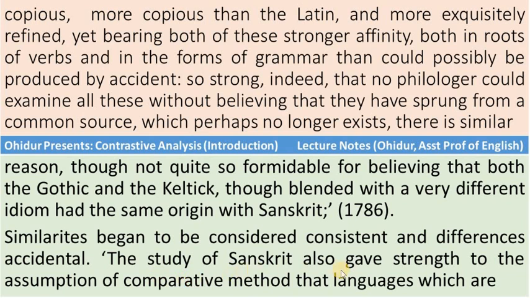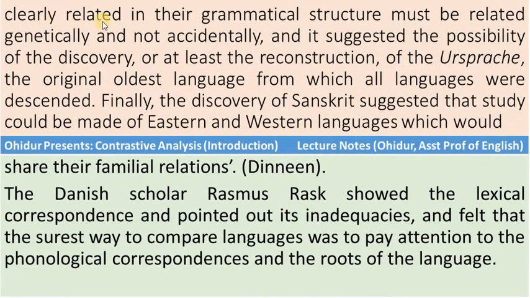The study of Sanskrit also gave strength to the assumption of comparative method that languages which are clearly related in their grammatical structure must be related genetically and not accidentally, and it suggested the possibility of the discovery, or at least reconstruction, of the Ursprache, the original oldest language from which all languages were descended. Finally, the discovery of Sanskrit suggested that a study could be made of Eastern and Western languages which would share their familial relations. The Danish scholar Rasmus Rask showed the lexical correspondence and pointed out its inadequacies, and felt that the